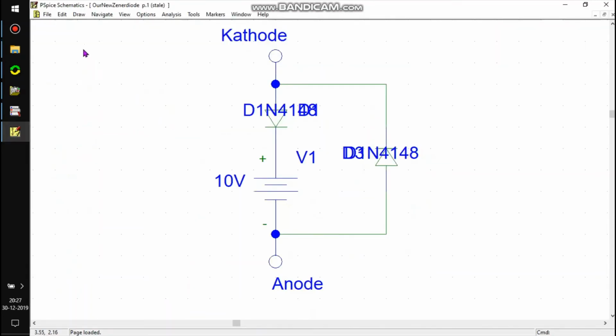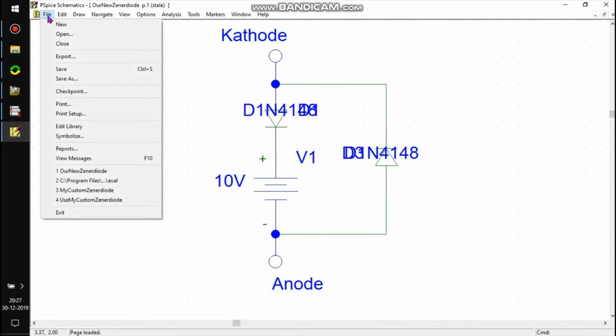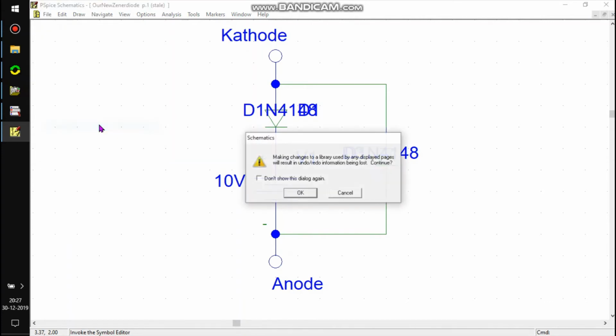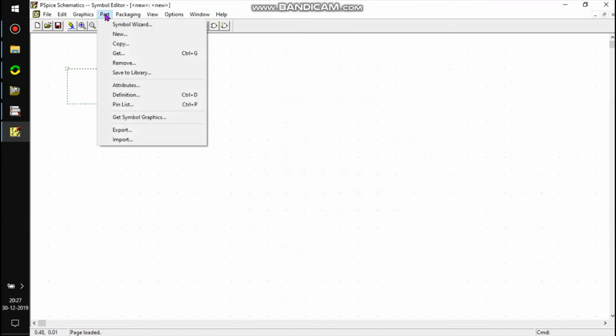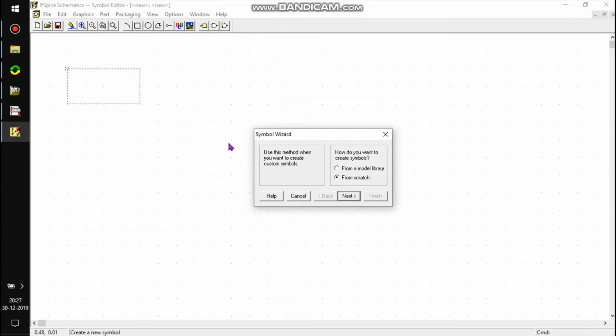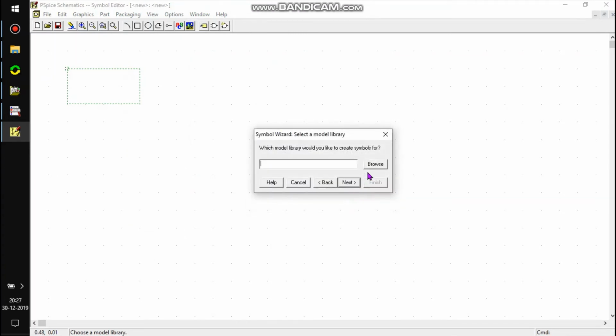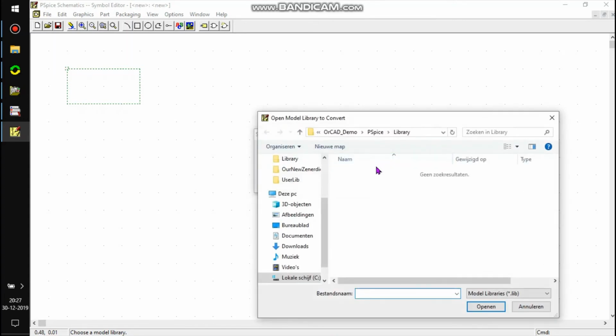Then we go make a symbol from this using invoke symbol editor. Use symbol wizard from library. Our library.